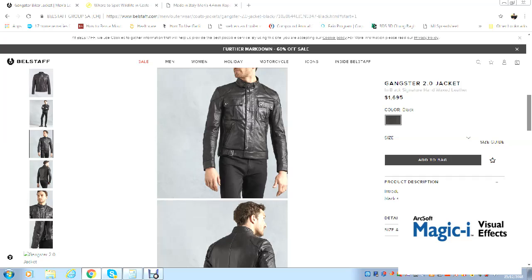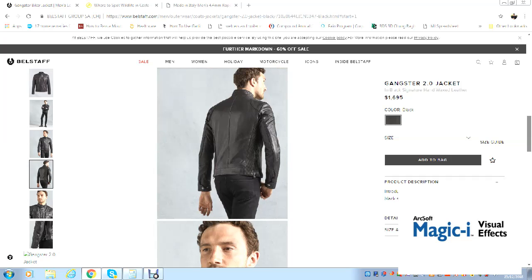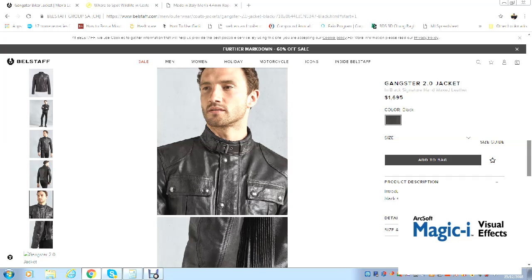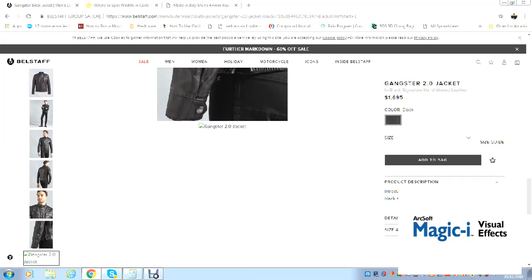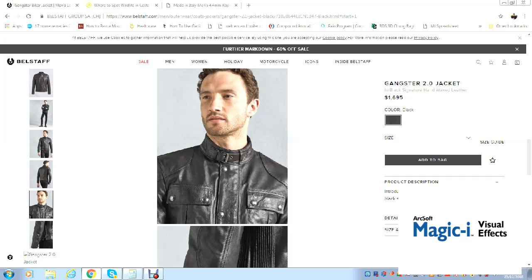Not super baggy, but a little bit. And these are pretty expensive. They're $1,700 in US dollars. But I mean, with the leather jacket, it's something you buy, and you can add